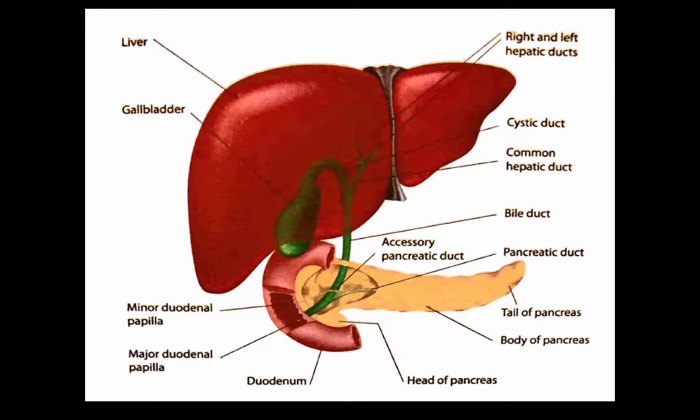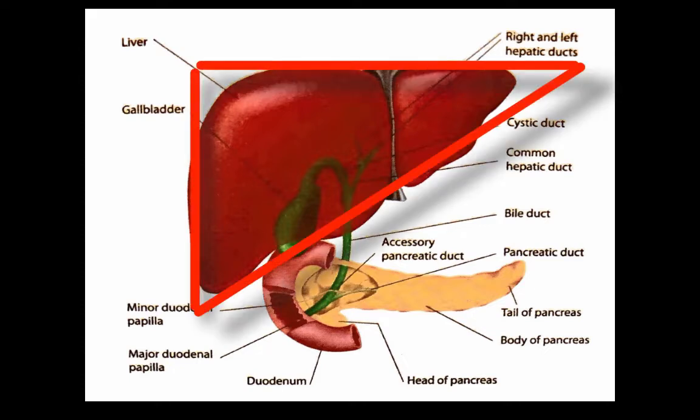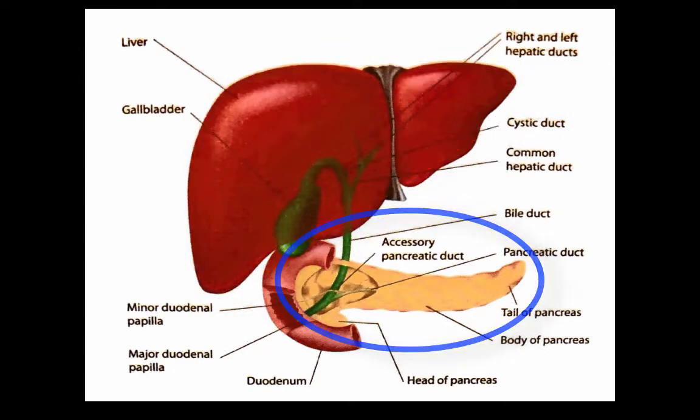There are two accessory organs, or helper organs, that are triggered to release chemicals into the digestive tract at the duodenum. They are the liver and the pancreas. When acid chyme is released into the duodenum, cells of the duodenum release a hormone in the blood called secretin and cholecystokinin, or CCK. Both of these cause the pancreas and the gallbladder to contract, squeezing their contents into the duodenum. CCK is also used to slow down chyme release from the stomach, allowing for a fuller digestion of the